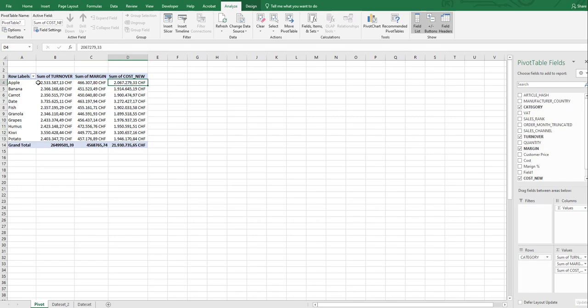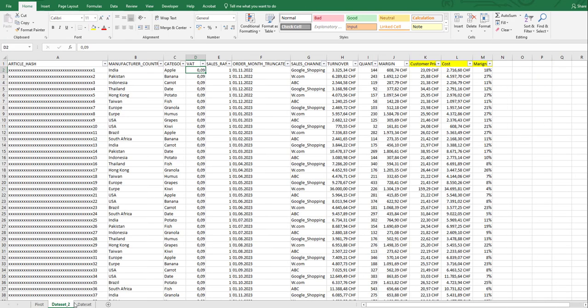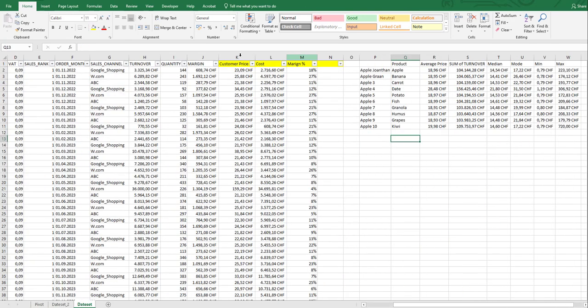Is it real? 2.5 minus 466, 2.67. Yes, it is perfectly calculated. So this calculated field is a way faster and more flexible way of calculating, because even if you have a change in the data set, or you just change the calculation here,